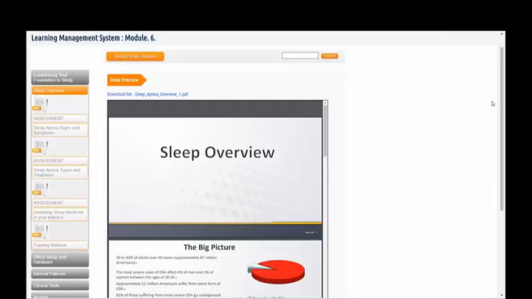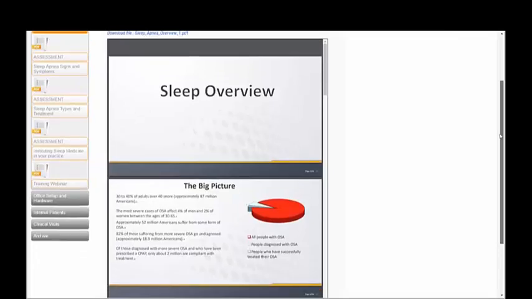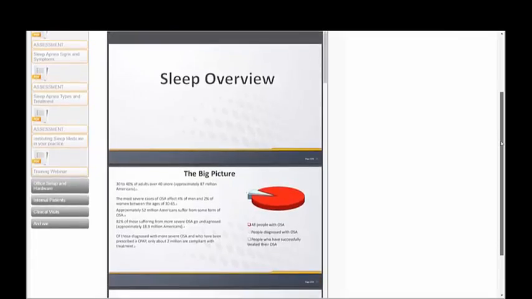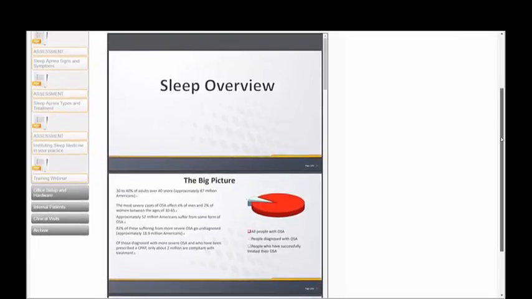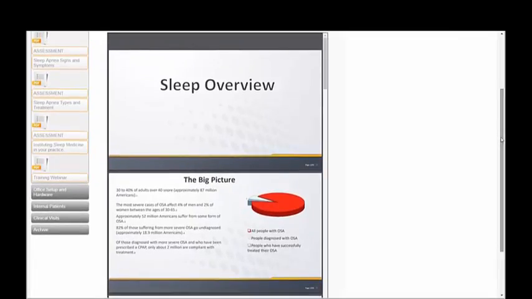This module is all about treating sleep apnea in the dental office and how to work with your patients and identify patients who had no idea they had sleep apnea, and also how to work with patients who know they had sleep apnea but have been unable to successfully treat it using the more conventional recommendation, which is the CPAP